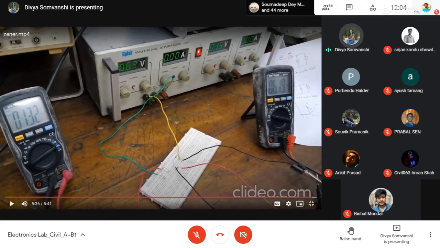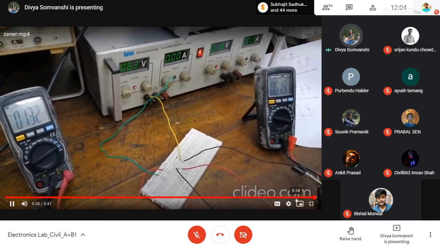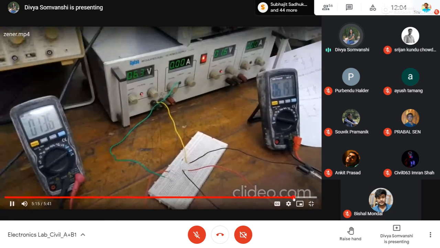So this is a little bit of an increase in current. I think this is just a fluctuation, because this shouldn't happen actually. Normally, when the Zener breakdown happens, you will get a constant current. This shouldn't go backward the way it is going. I'm just seeing these things again.